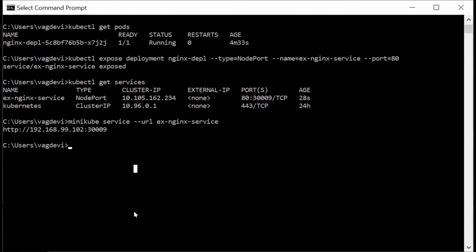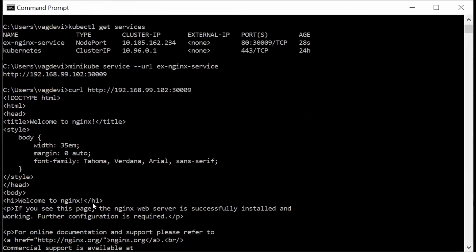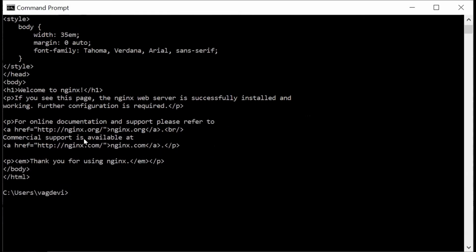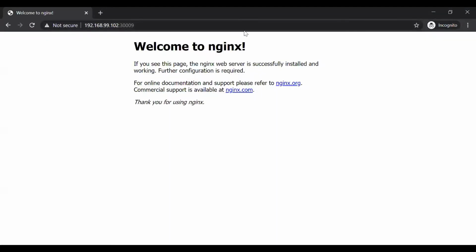So let us see via curl command. curl, and I'm copy pasting this. So we can see the HTML page, right? Let us see the same thing in our browser too. Go to your browser. Now paste this URL, hit enter. Okay. So basically we have got the Nginx image from the Docker Hub into our Kubernetes.